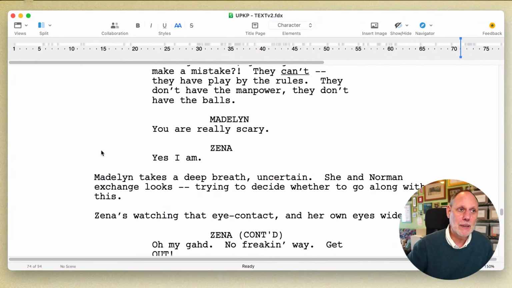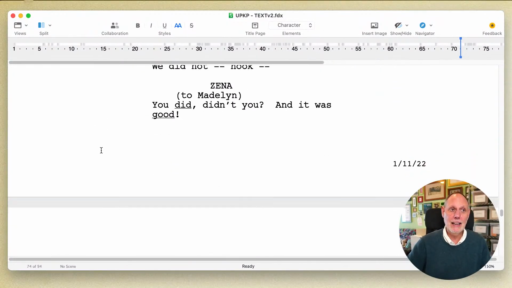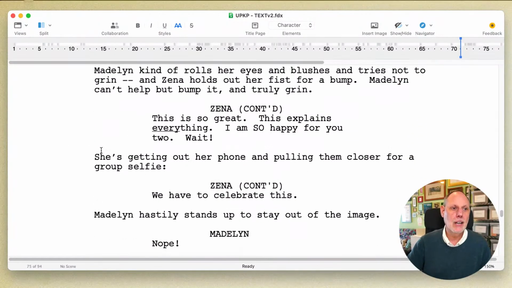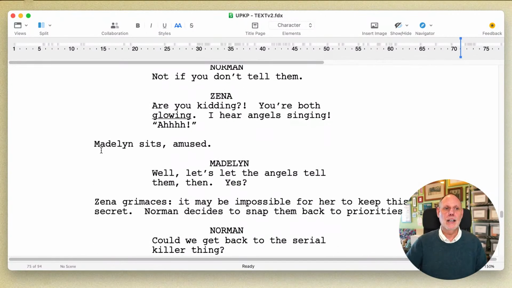But what she doesn't expect is that Madeline is going to say, well, no, you can't have his stuff. Get out of my house. That's a huge dramatic moment. That's a huge change in the story. Madeline is taking a stand against Xena.